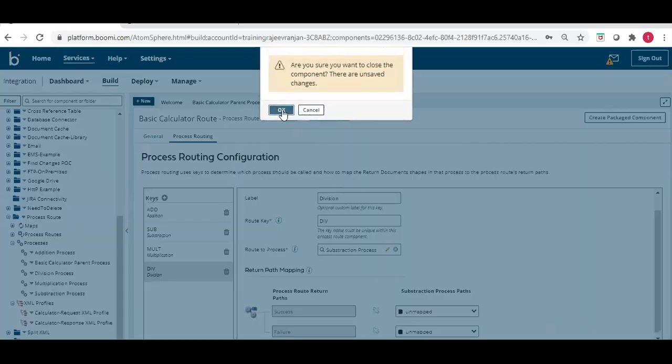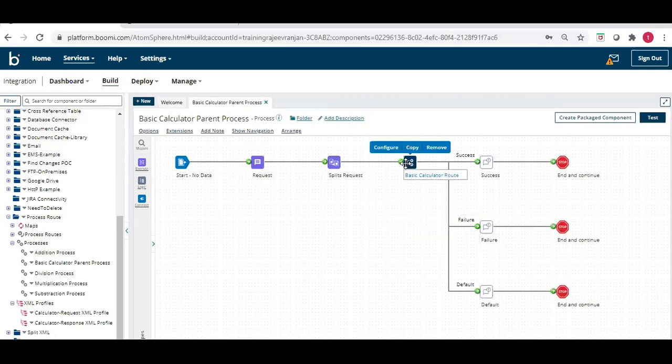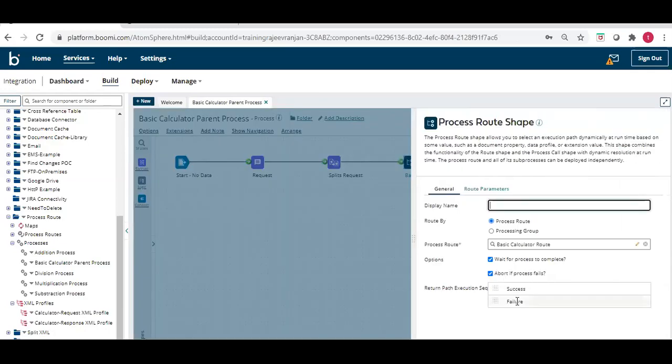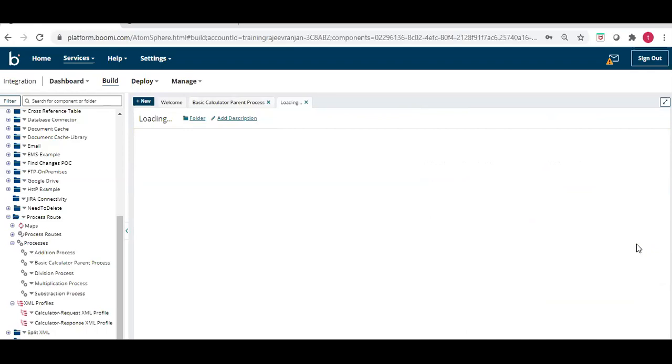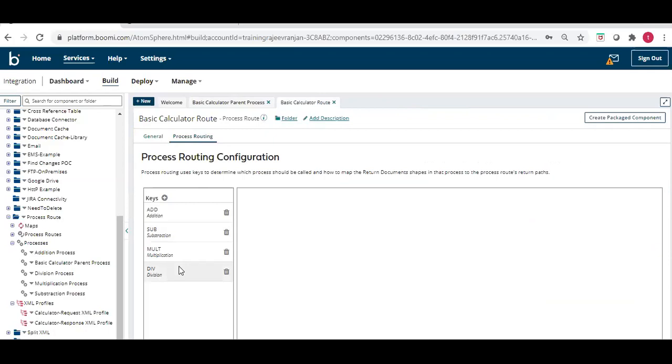Why is it showing not saved? Let me check one more time. So success, failure there. Yes. Going back again in the process.